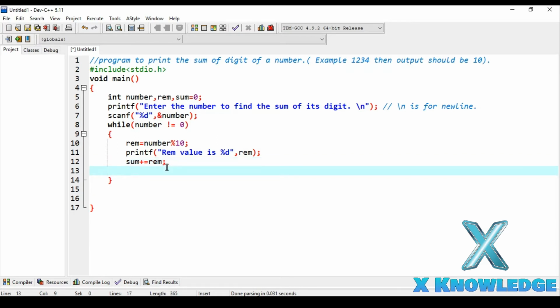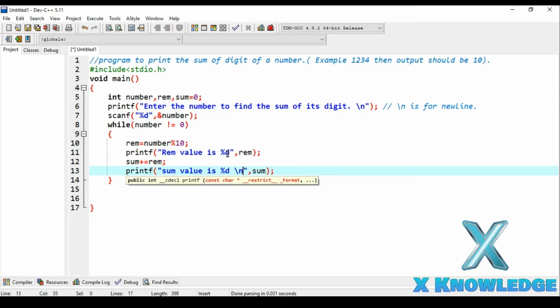Now let's print this also. So printf, %d, and sum value is %d, and we will be replacing this %d with the sum value, and give a special character, that is \n here.